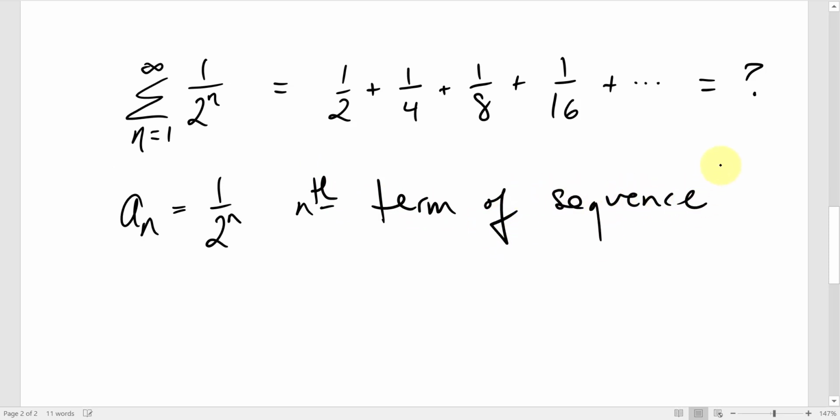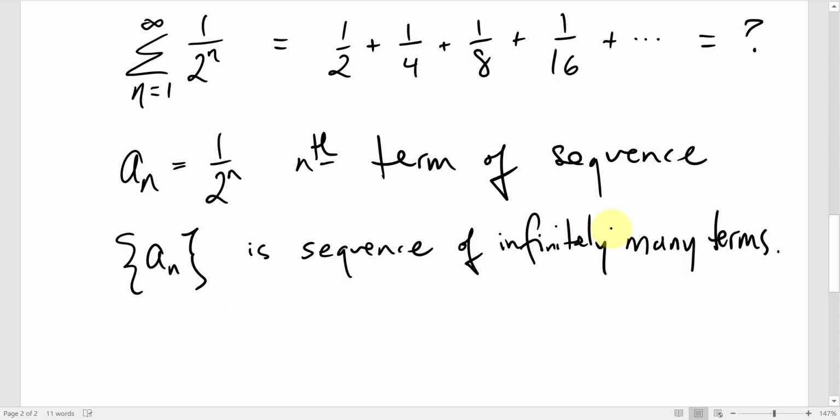Right? And a sequence is just some function whose domain is natural numbers. So here the domain is 1, 2, 3, 4, 5, and on. And this is a formula just like any function, but it's written in this notation because its domain is natural numbers. And if you see it written like this, that is the sequence. Now, it's pretty clear, I think, if you look at the limit of the sequence of terms, the limit as n goes to infinity of the nth term,